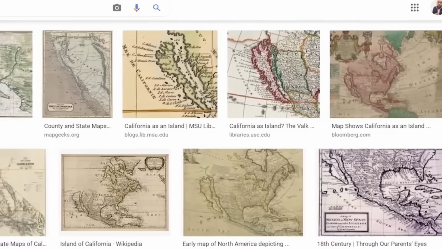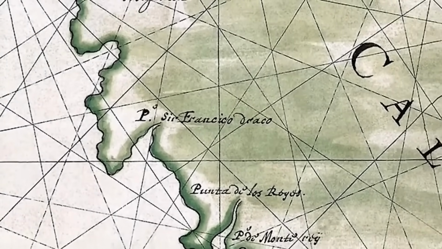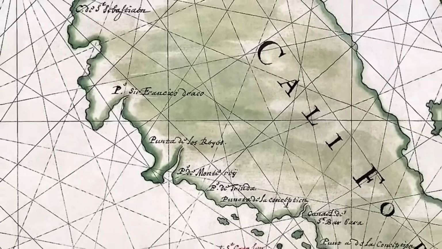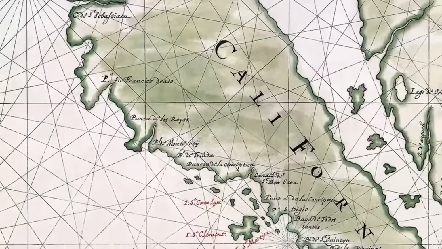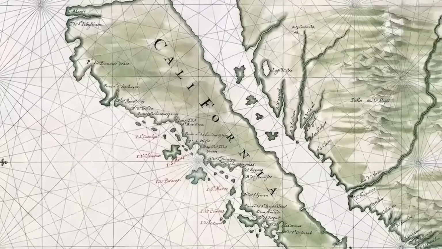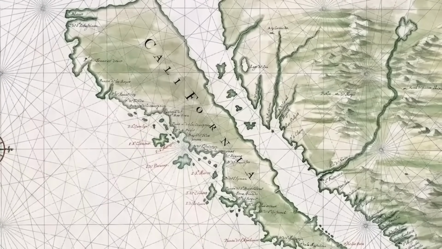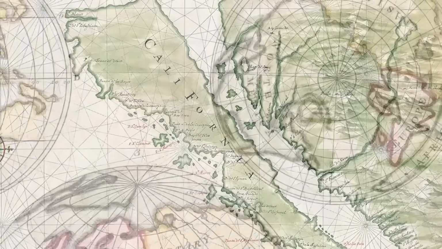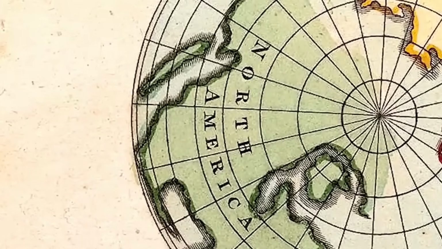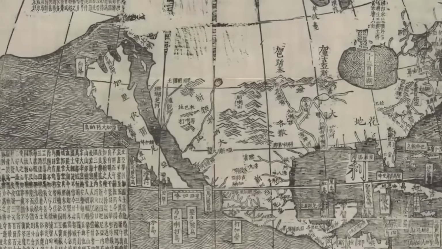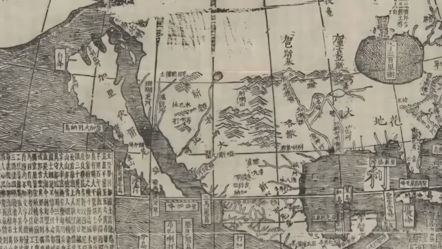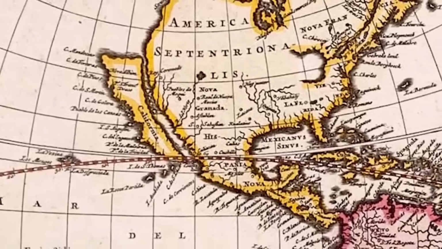I have also provided links to these maps in the package. In my research, I have found tens and dozens of maps depicting the Isle of California. And it was the chronology of all these maps that I found most interesting. The depictions of the island of California span centuries and were continuous throughout the discovery of the Americas and the creation of America. That means by this time in world history, during the 1600s, Jamestown, or 1700s, the first settlements, world cartography had yet to be officially completed.